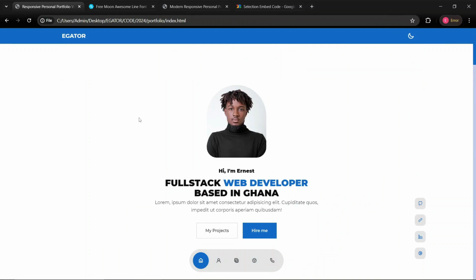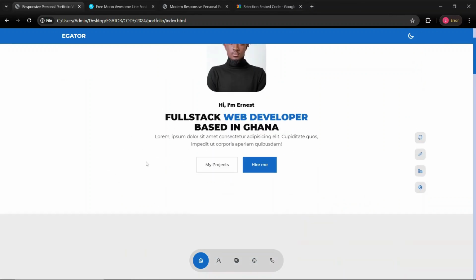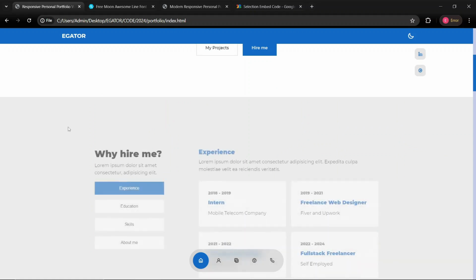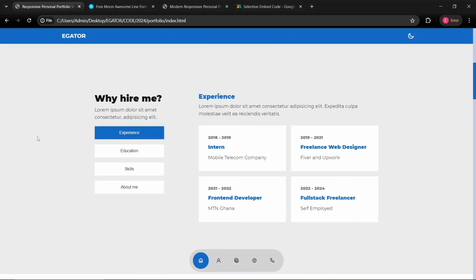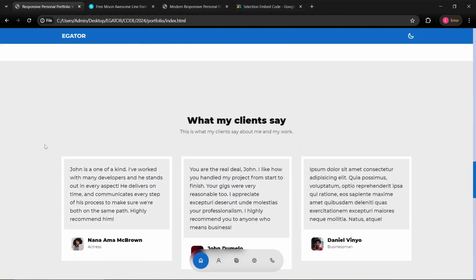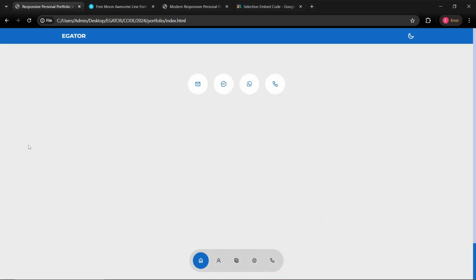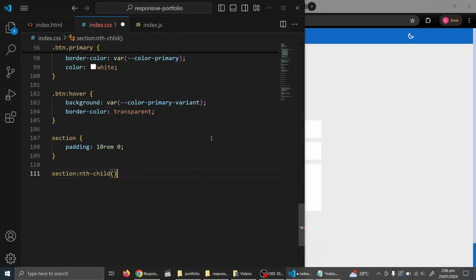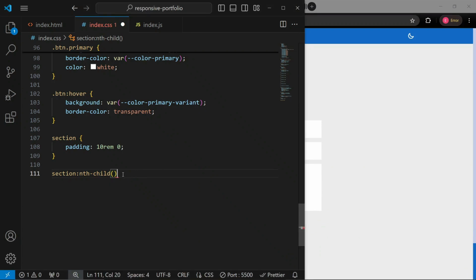This isn't a section, there's a header, that's the element it is in, that is why it wasn't affected, right? So there's going to be the first section, and that is going to have this background. The third one is going to have such a background as well, and the fifth one. Those are the odd numbers, right? So we are targeting them and then giving them a different background. Okay, so the nth child odd,